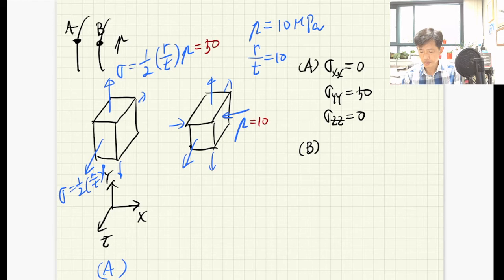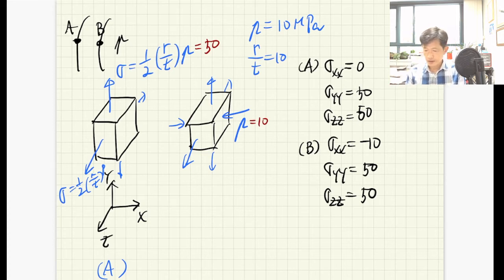In the case of point B, the sigma xx is equal to minus 10, sigma yy is equal to 50, sigma zz is 50, sorry about it here. Okay,